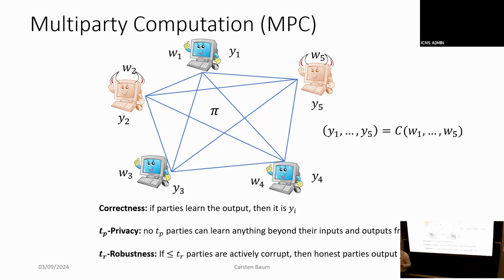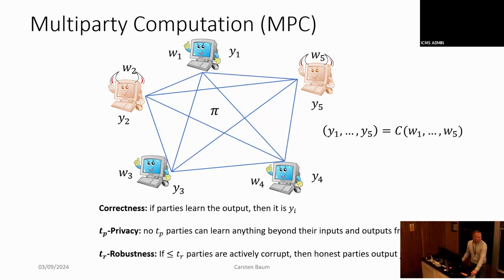If I read privacy now somewhere in a paper, does it usually refer to fully malicious? Usually it does, but for what we are going to look at, which is MPC in the head, there we don't care. Okay, I get it. There we don't care, because misbehaving parties in a multi-party computation only leak information to the verifier, and we don't care about that. If I am a dishonest prover and I leak information to the verifier, well, you shot yourself in the foot. I really don't care. But in general MPC, yes, of course you want it, depending on your adversarial model.